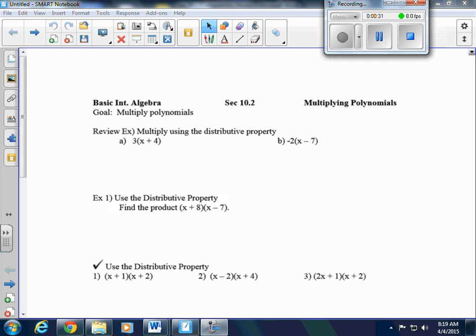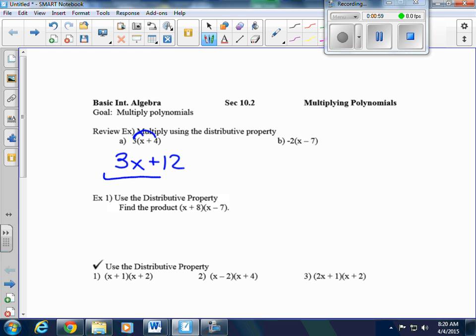And we're going to start out with a couple of examples here on the board that we're going to use the distributive property. And remember, when we use the distributive property, we're going to take the number that's multiplied by a parenthesis to everything inside that parenthesis. So in example A, using the distributive property, I'm going to take the 3 times the x and the 3 times the 4. So 3 times x is 3x, 3 times 4 is 12,